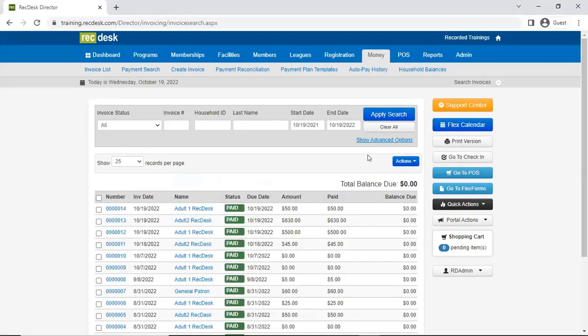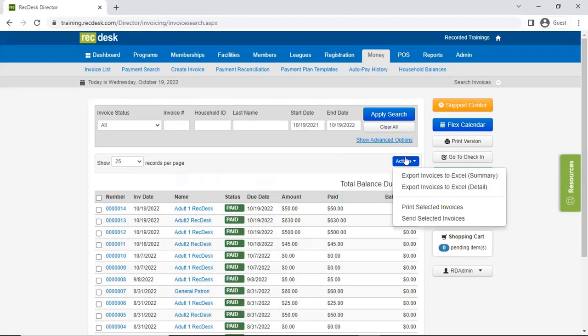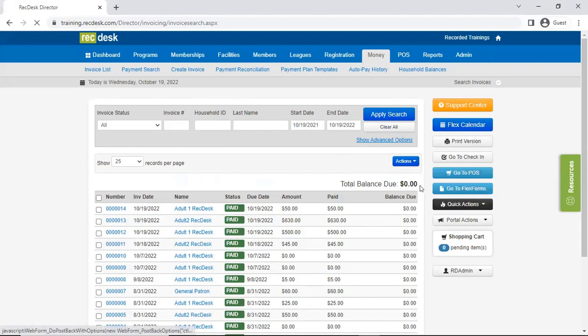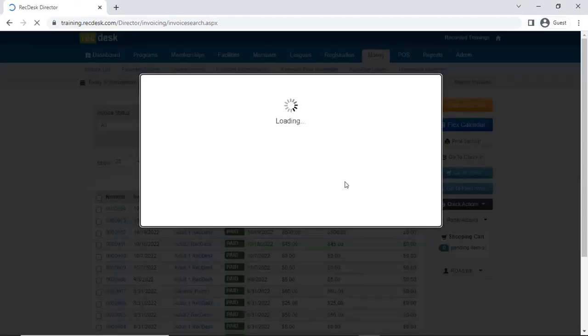And then you'll get to hit the apply search. So once you've hit the apply search button, what it's going to look like is you'll have all the invoices here. Now, some of you use that close status. It is a recommended workflow that we offer for those of you who use security deposits so that you can have an easy way to know who you've refunded security deposits to. Please note when you export to Excel,